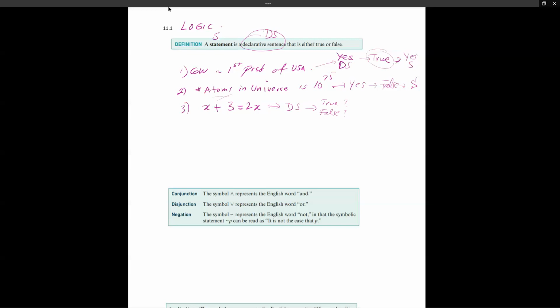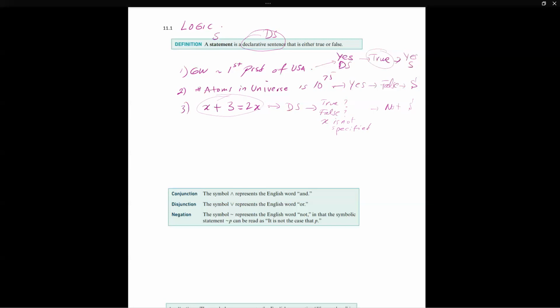But it's not a statement, right? It's neither true nor false. We don't know because x is not specified. So it's not a statement, all right? So this is the first thing that we need to know.